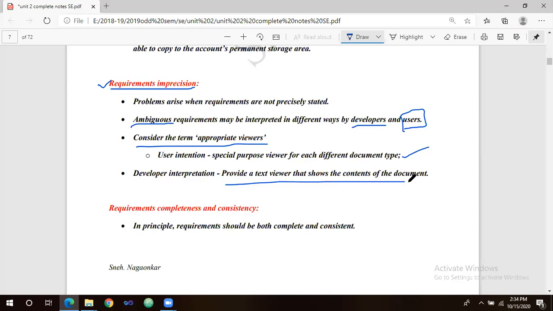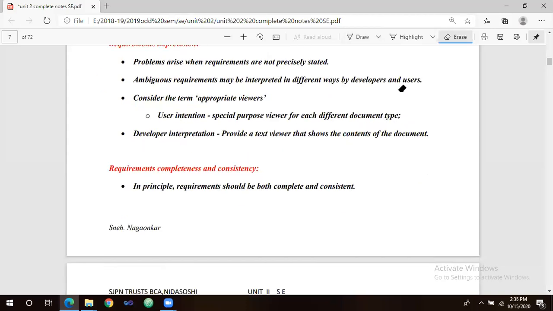Proper editors should also be there to display the output generated from the search. So this is the first feature of functional requirement. Let me go to the second feature. What is the second feature?